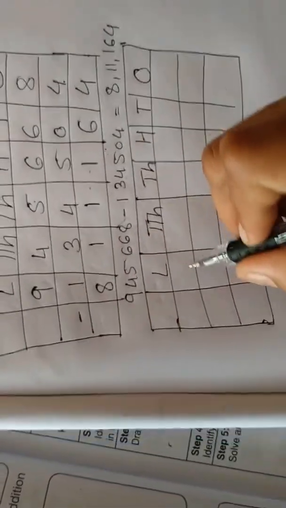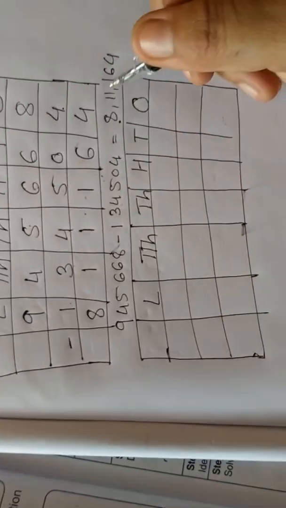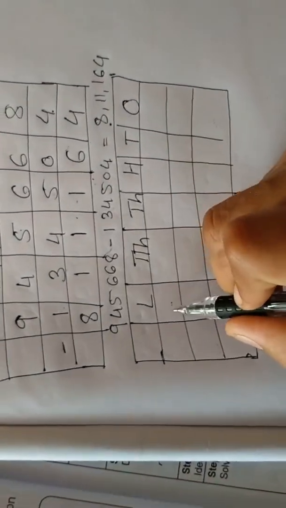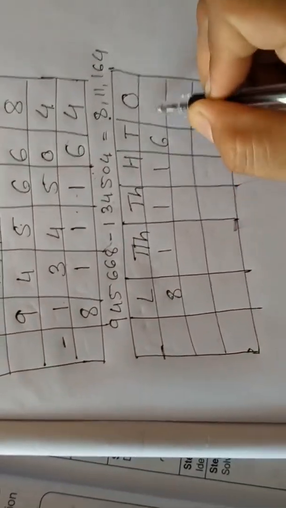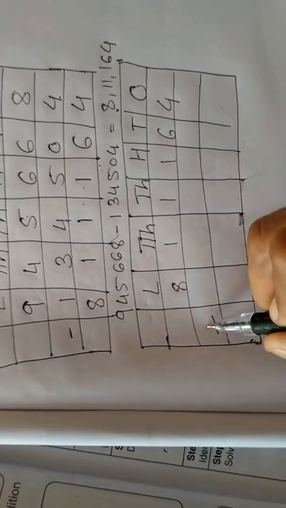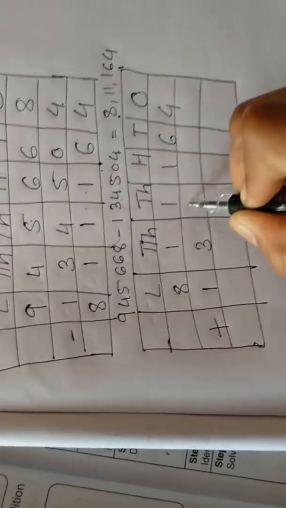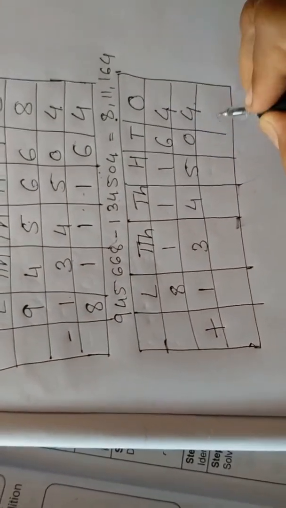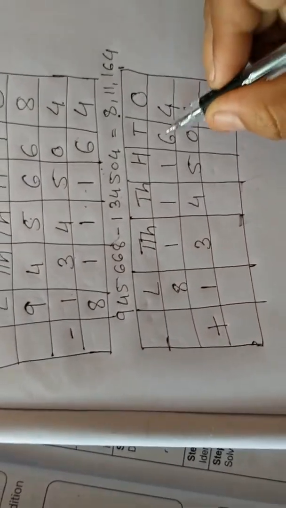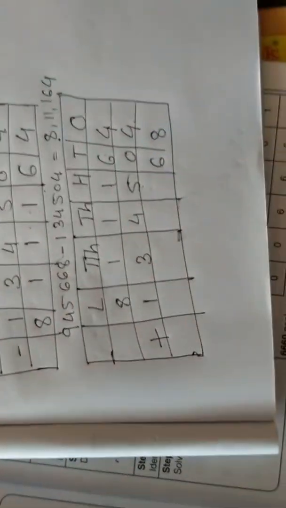Here we have to write the answer. The answer we got from the subtraction, we will write here: 8,11,164 plus 1,34,504. 4 plus 4 is 8, 6 plus 0 is 6, 1 plus 5, 1 on your mind, 5 on